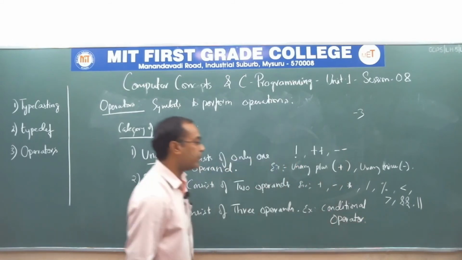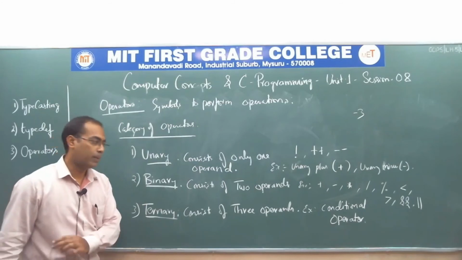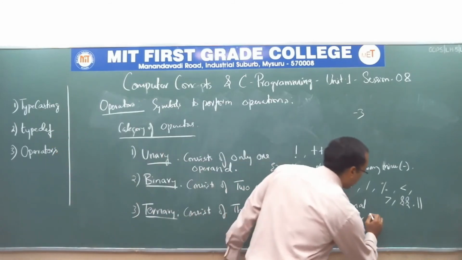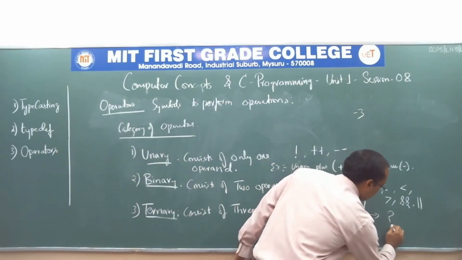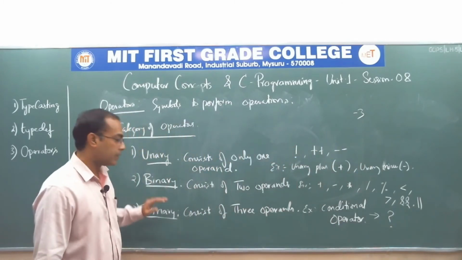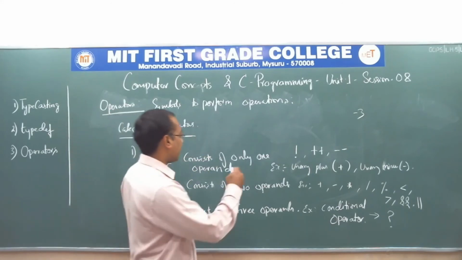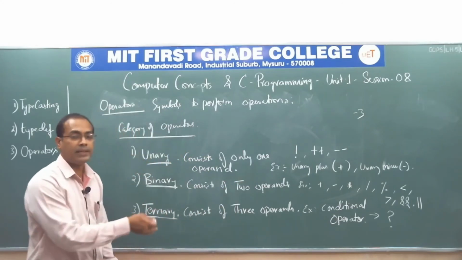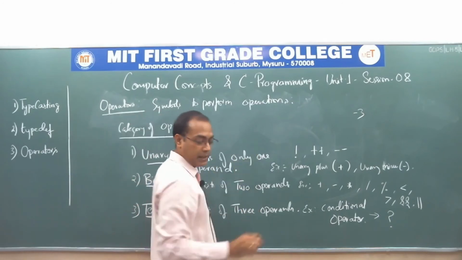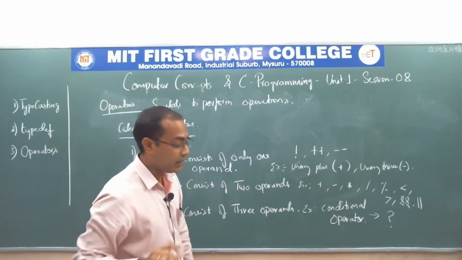The conditional operator in C is an example of a ternary operator. The symbol used for the conditional operator is the question mark. So the question mark operator is called the ternary operator in C. I will write the example over here. Again, we are going to discuss this in detail. Just for the time being, I will write an example of its usage to make you understand how it actually uses the 3 operands.